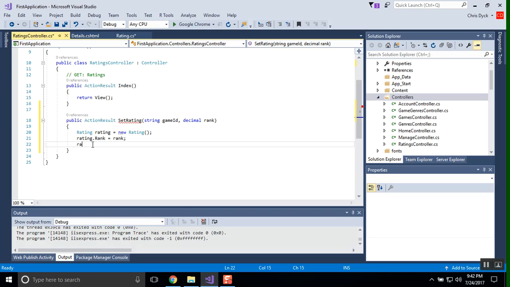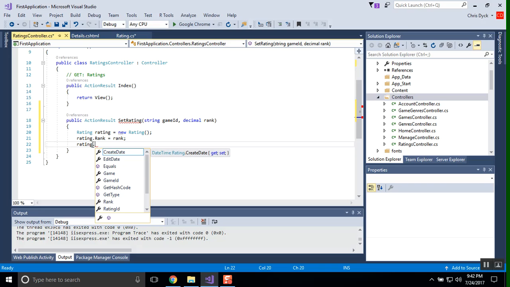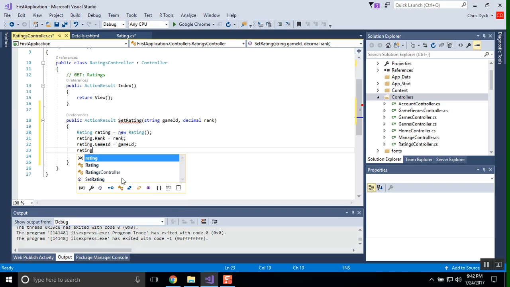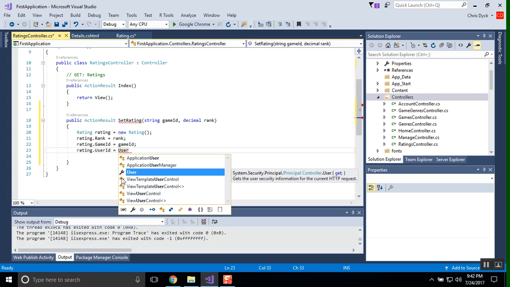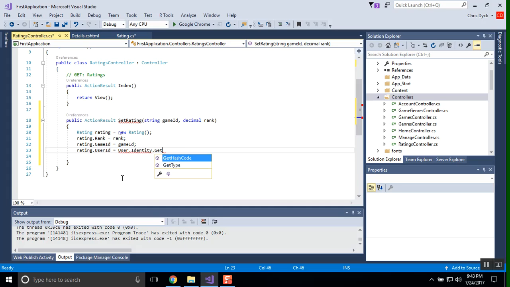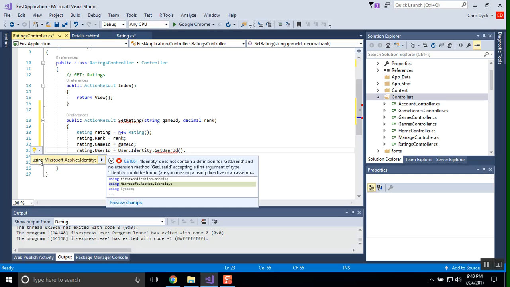Now there's a few things that we want to do before we actually set up our database to accept our rank, but I want to finish up what we're doing here. All right, now our game ID also needs to be set. Okay, and what we also have is a special feature for asking for a user ID. Now this is a really important thing. From the identity manager, we can ask for the user. Okay, we also need to have the identity, and we're going to ask for this feature here, GetUserId. All right, and it is available in the